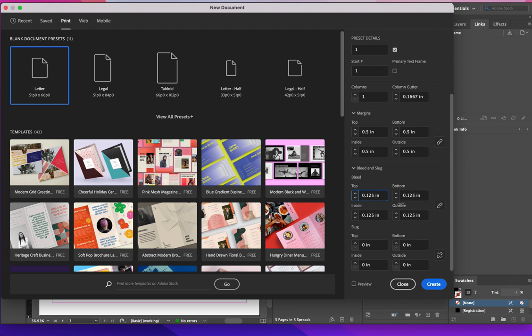Also, if I wanted the bottom or the outside to be a different size here, I could click this off and I would unchain the whole thing together. So this basically means that all of these are going to be the same. Okay, so now I'm just going to hit create,